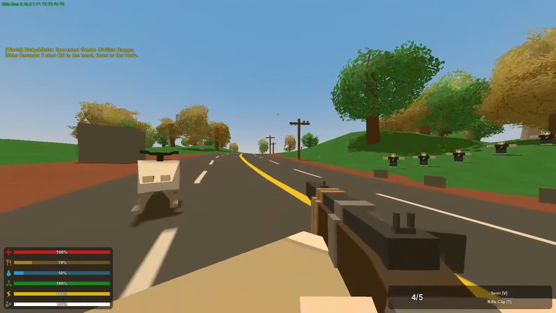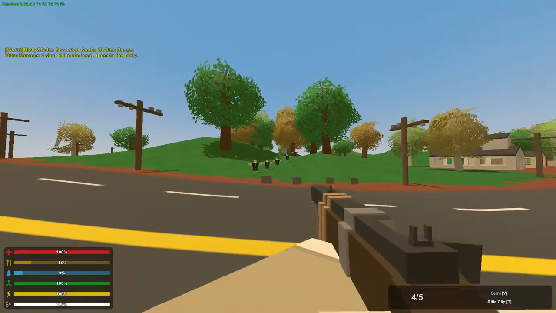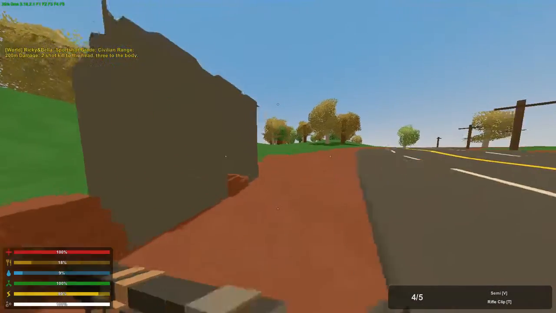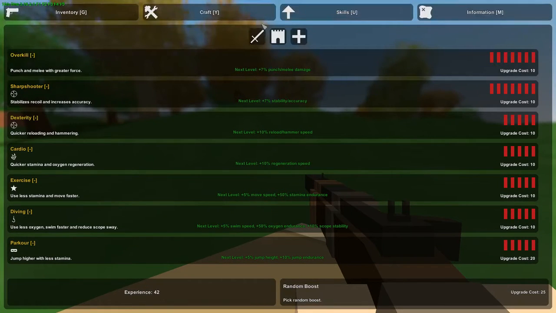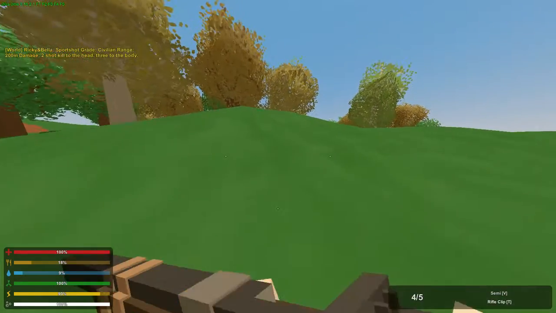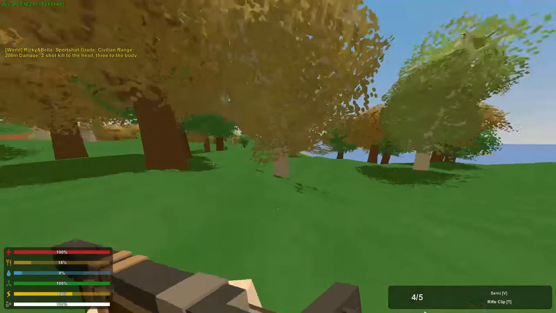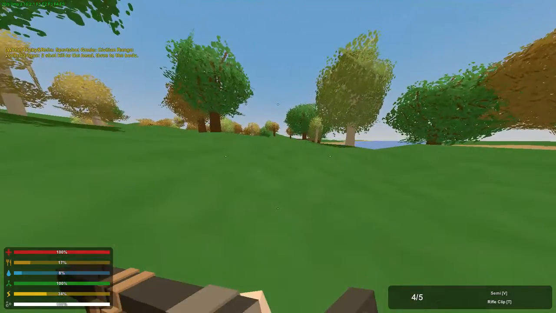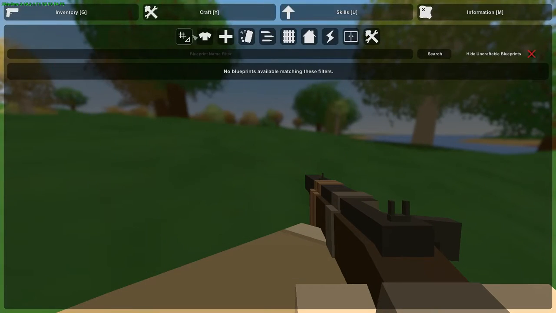Now, this one is makeshift, which, as you can probably assume, means you can craft it. Now this has like the worst hip fire spread. Just to show you, I don't have any skills at all for sharpshooter or anything like that. Screw it, too late to get the snowmobile. The only skill I have is crafting one, and that's because I made it. Now, because I'm not going to show you how to craft it,